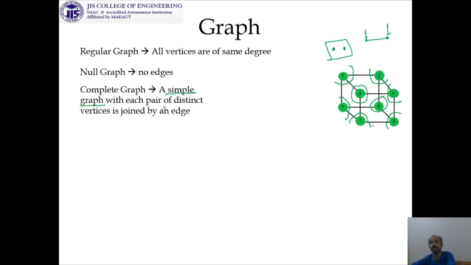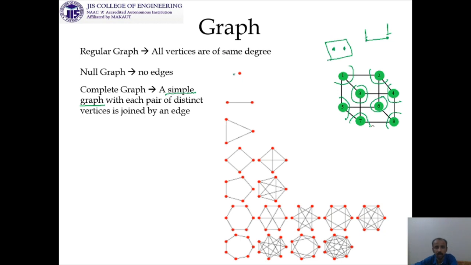So let us check it by representation. This is a graph where the number of vertices is 1. This is a graph where the number of vertices is 2. And it is degree 1 and 1. So the degrees are the same, it is a regular graph. And there are two vertices, both are joined. So it is also a complete graph. Now look at this one. There are three vertices. This pair is joined, this pair is also, this pair is also. So this is also a complete graph.